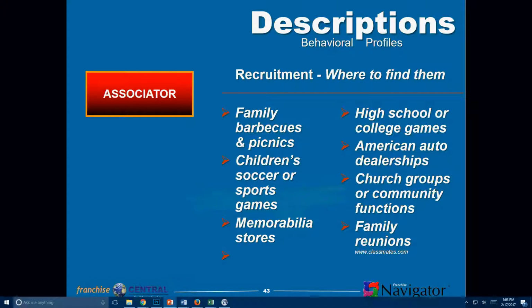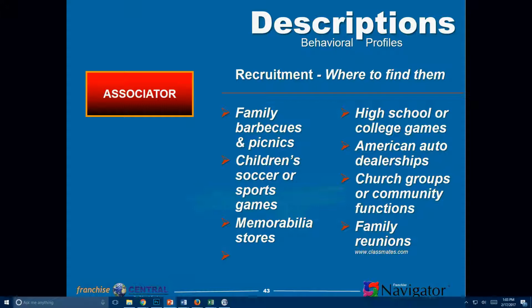Anything dealing with family, barbecues, picnics, magazines that deal with family, children's soccer, sports games, anything dealing with their children, because nothing's more valuable to them than their family. Memorabilia stores. These are the people that can sit back and tell you about all the baseball cards that they used to have. And again, anything dealing with kids, high school, college games,